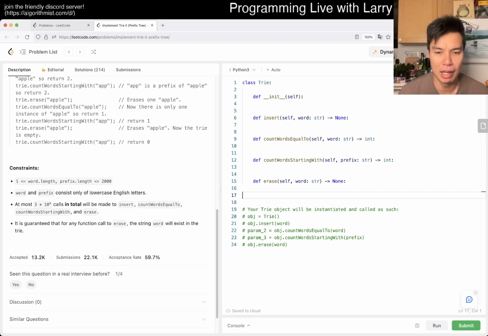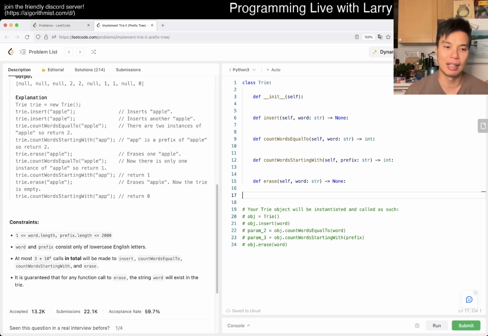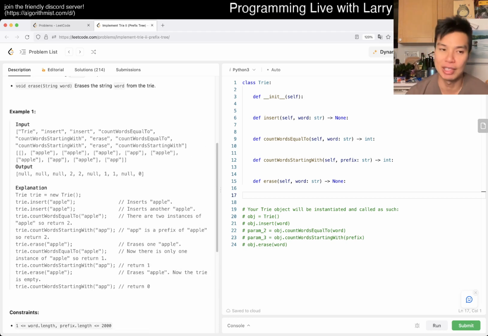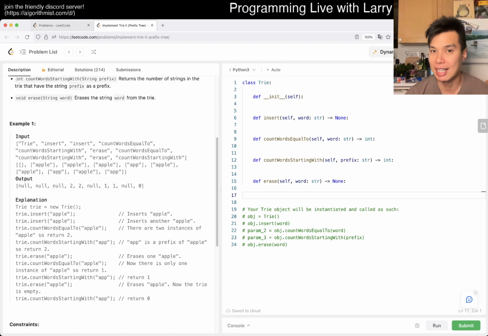sometimes it can be the thing with this problem, and that's why I'm giving a pause, is that there's going to be 3 times 10 to the 4th calls and stuff like this, but it depends on how we can optimize it enough so that it passes the inputs and the test cases on LeetCode. But there is stuff to be said about just thinking through what it means to be using this data structure long term, and you have this idea of a garbage collection thing. I mean, it's not quite garbage collection in the same way that your memory is reclaimed in the heap or something like this, but